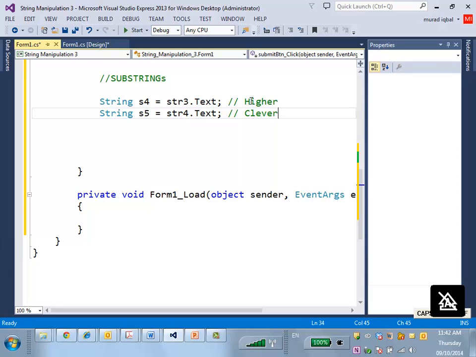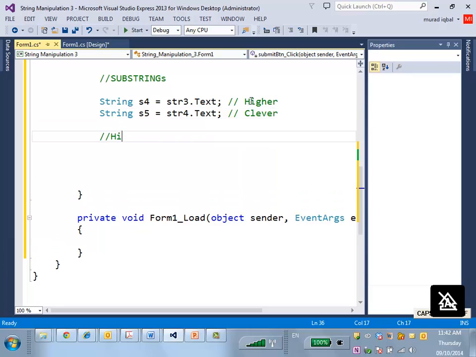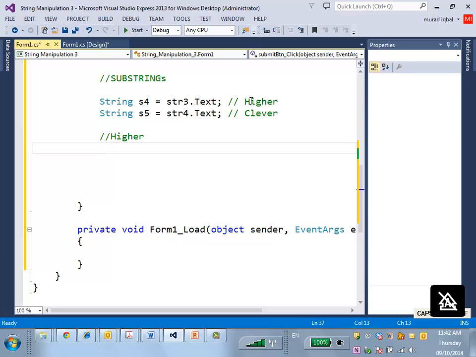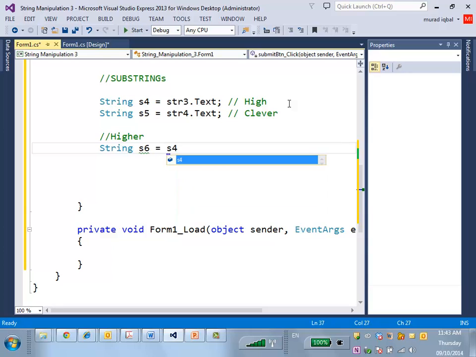And what do I need to make out of it? Higher. So let's do this. Create another string, call it s6, and now divide the first string. How can I divide? Using the substring method. Yes, sorry. You're right. So high is the first string the user, I assume, will write, and the clever is the second. And out of this I want to make higher. So s6, what should I do? s4